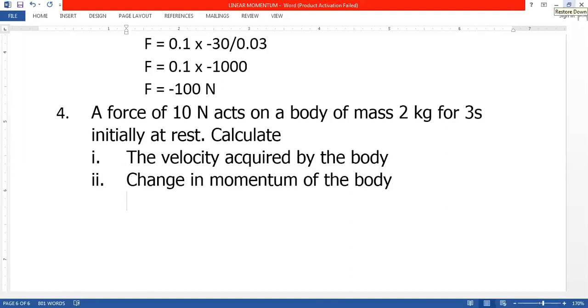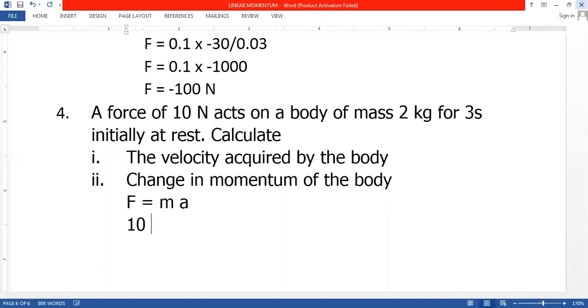कैसे करेंगे बेटा इसको? Sir, F is equal to m into a, where acceleration is equal to final velocity minus initial velocity upon time. Very good. So initial velocity is given, final velocity is what we have to calculate, and time is also given. Clear? Very good, beta. Brilliant. See, so F is equal to ma. Exactly. So force is given.